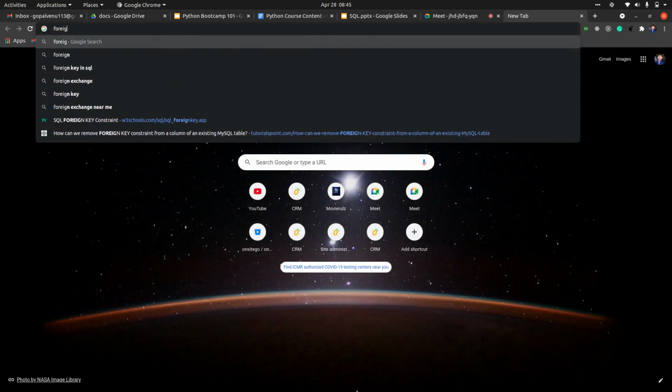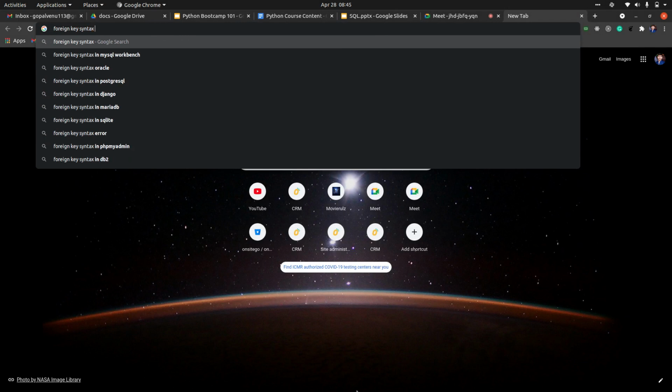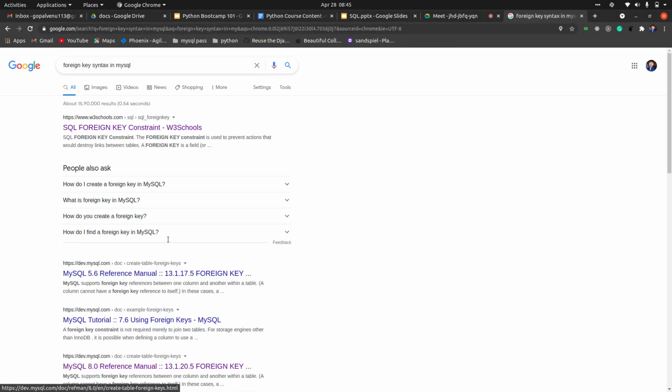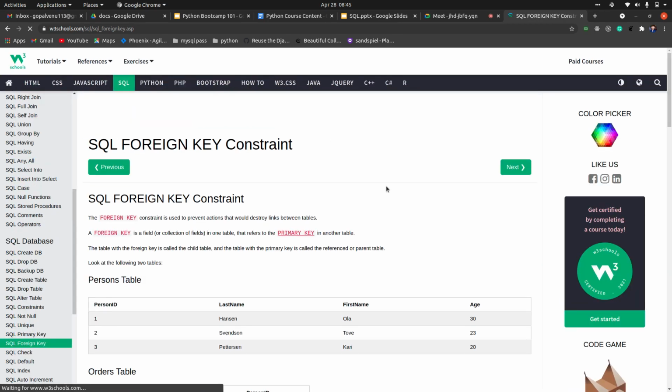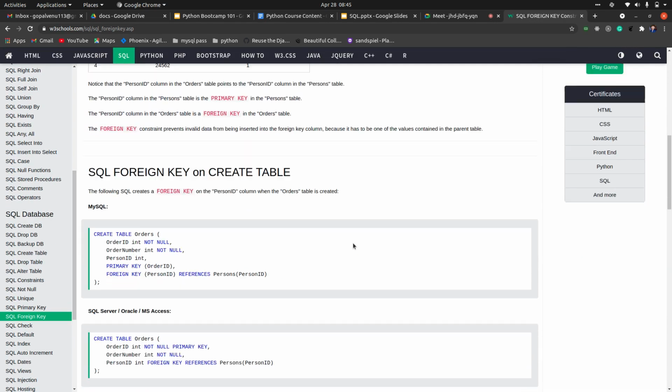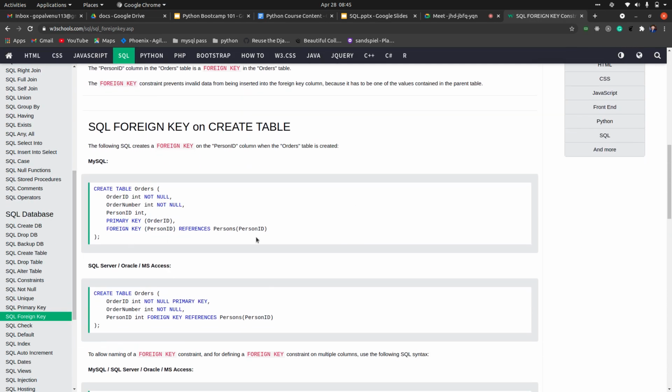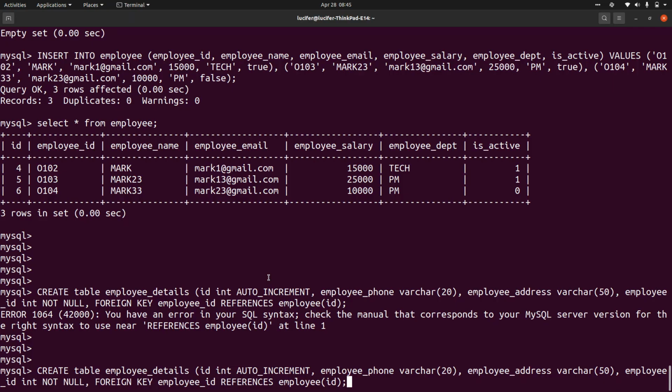Let me just check the foreign key syntax. Okay, we'll have to keep this as well inside the brackets.